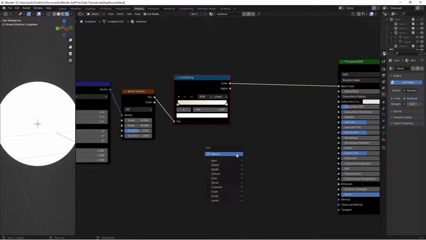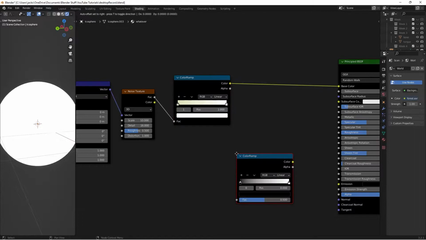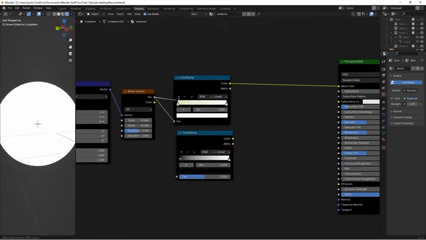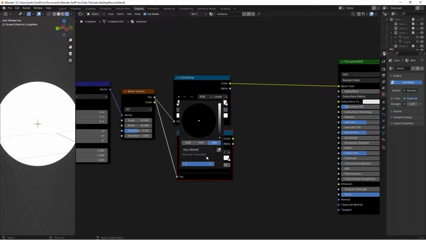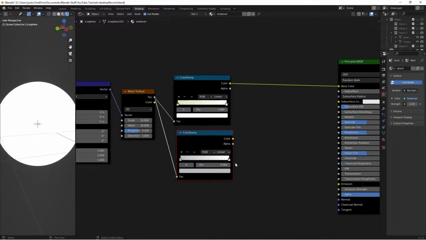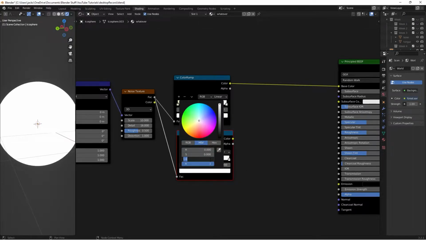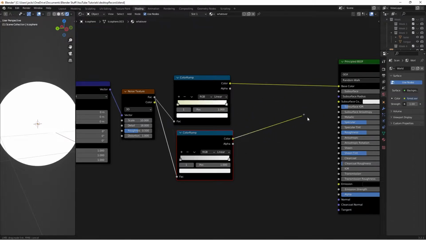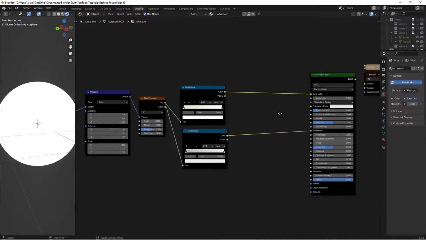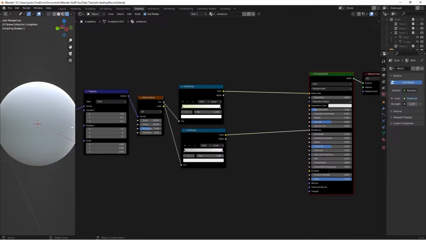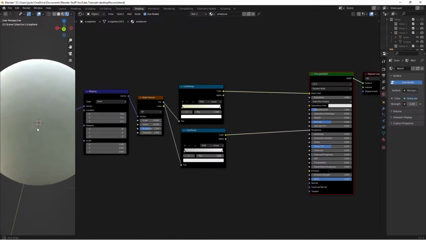Next, we're going to be factoring some roughness in. So let's Shift-A, search for another color ramp right here. Take the factor of the noise texture, plug it into the factor of the color ramp. Then we'll be taking this black right here and changing the value on the value scale to a 0.5. Then we're going to take the white value and change it to a 0.85. And what this is saying is we want the roughness to be somewhere between 0.5 and 0.85. So nothing too shiny. So we'll take this color and plug it into the roughness. And if we Control left click to preview, we can see that we have some nice color going on here, and the roughness is looking how it should,